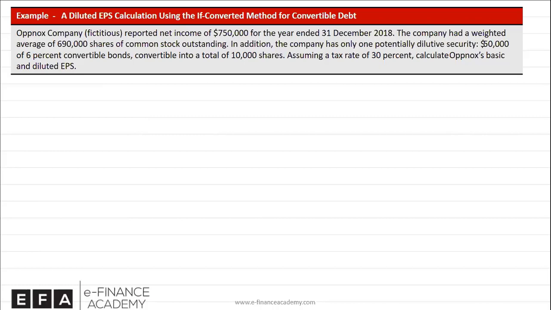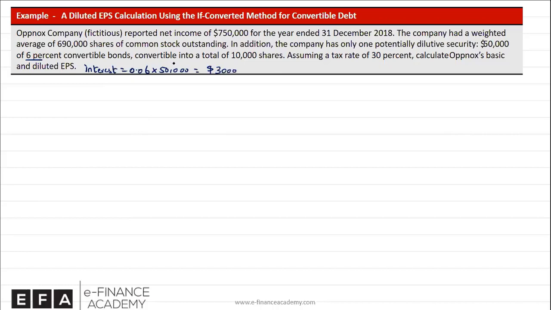So let us look at this example on convertible bond using the if-converted method. So Opnox company reported net income of 750,000 for the year. The company had weighted average number of shares of 690,000. In addition, the company has only one potential dilutive security, $50,000 of 6% convertible bond. Now, this 6% is actually the interest which applies to the par value of 50,000. In other words, we could say interest is 6% of 50,000, and that amounts to around $3,000